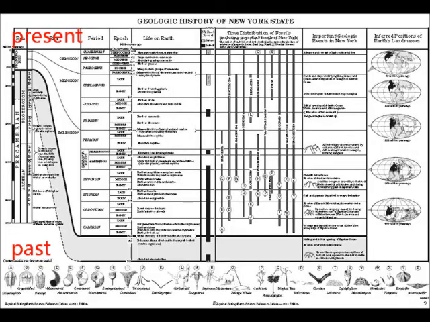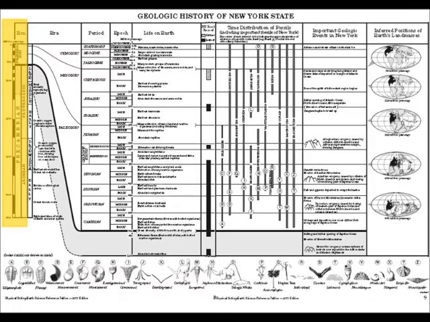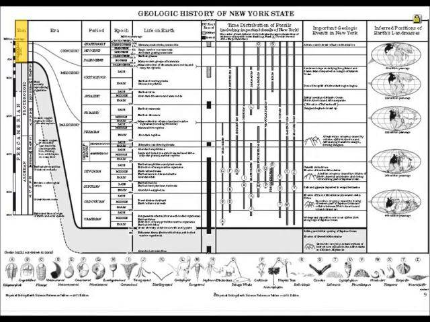So, exploring the geologic history of New York State on page 8 and 9 of your reference table, notice first that this is assembled with the top being the present and the bottom of your reference table being the past. In the first column, it breaks into largest time differences, which are eons, and we have the Precambrian, and then we have the Phanerozoic. And then the rest of the Earth Science reference table just basically focuses on the Phanerozoic,